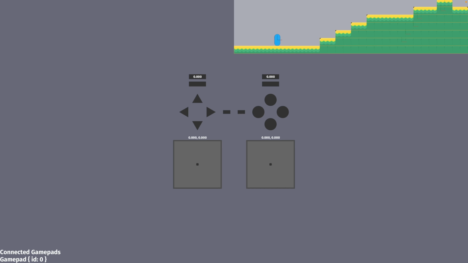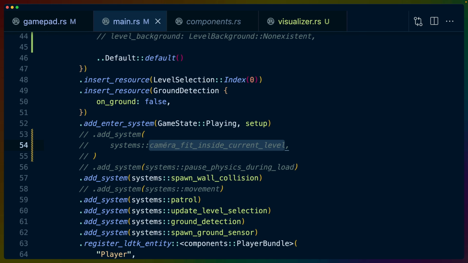And this is where the origin actually is in my 2D platformer. The reason that it moves over to the level is because I have a system set up to do that. So right here, I've got this system, camera fit inside level, and that system is responsible for moving the camera to make it seem like the level, or any level that we happen to be in, fills up the entire